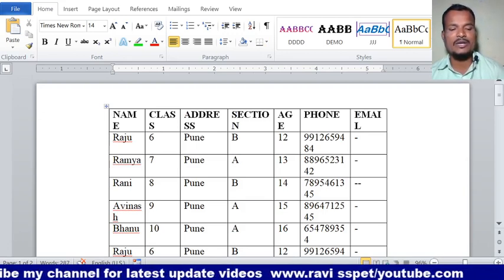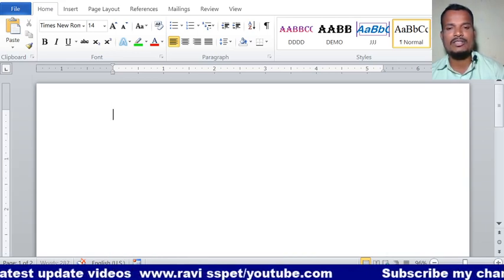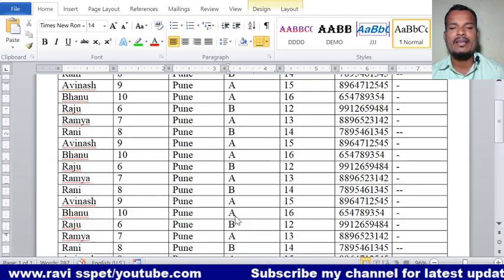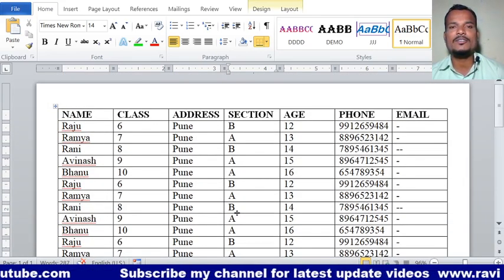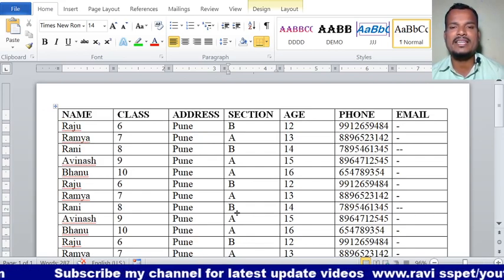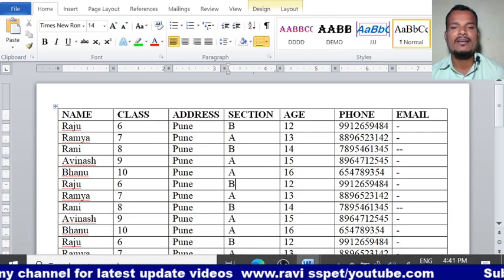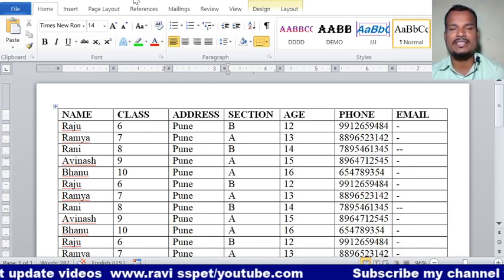So now I am removing this table by using Ctrl Z. If we want the original table exactly as it is in the next document after pasting, we have to follow some procedure. First of all, this is the original table which is in document 3.